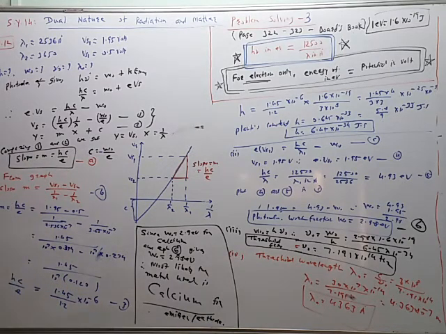Now, once we know W0, we can calculate the threshold frequency nu 0 by using this formula. We have derived all these equations. W0 is equal to h nu 0, so nu 0 is equal to W0 by h. In this case, we are substituting h in joule into second, SI system. Therefore, W0 of 2.98 electron volt is not allowed. We have to convert it to joule, and therefore multiply 2.98 electron volt by the charge of the electron, and the threshold frequency comes to be nearly 7.2 into 10 to the 14 hertz.